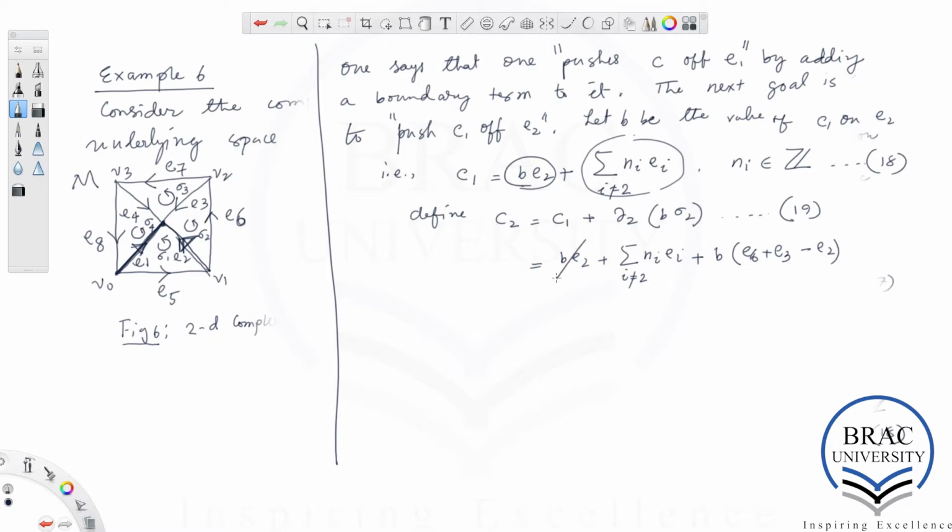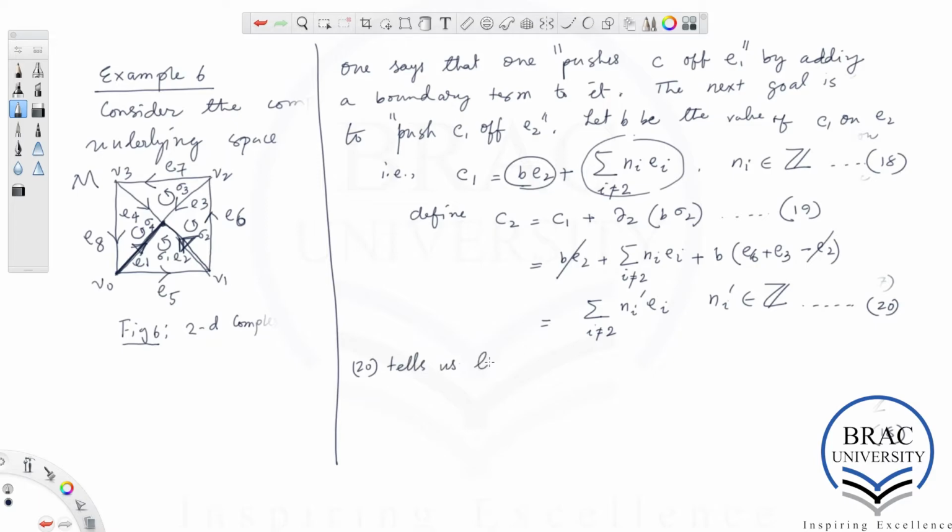So this BE2 cancels against this minus BE2, so there is no, so I is not equal to 2 in this expression, and we can write it as Ni prime Ei for some Ni prime in the set of integers. Okay, we can do that, and we number this equation 20, and 20 tells us that